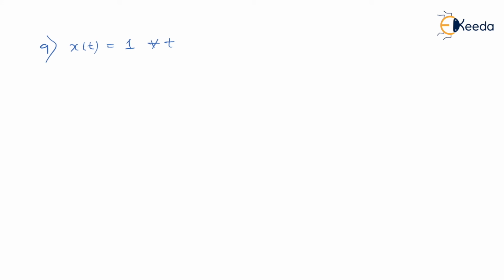So here x of t is equal to 1 for all time. This is how you should read this, for all. The symbol says it is for all. So for all time, x of t is 1. So it is throughout constant. You can imagine your x of t, which is throughout constant, it is 1.